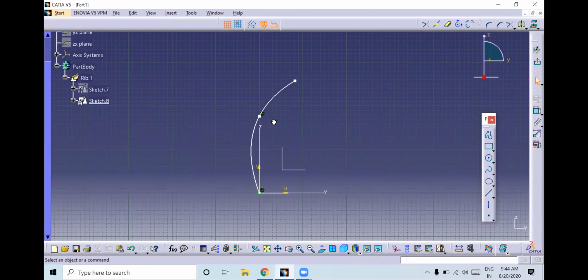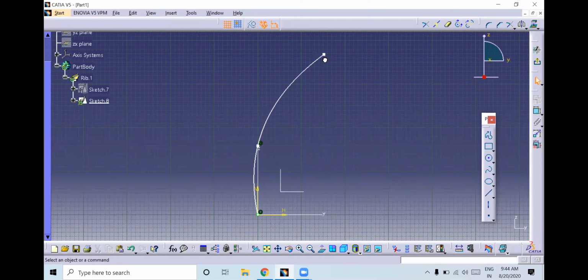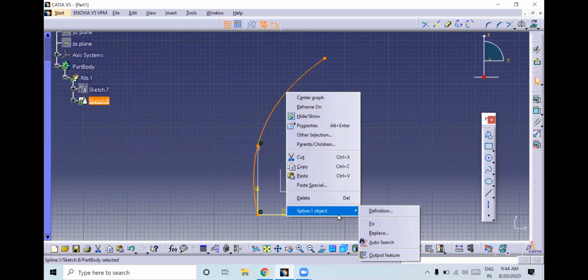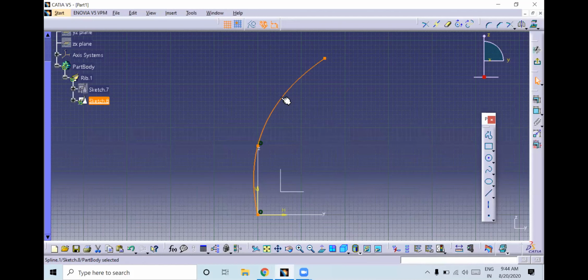This will be the guide curve. Here, by using the control points you can control it. Suppose you want to add still more control points, select the guide curve, right click here and you can add. Wait for a while.